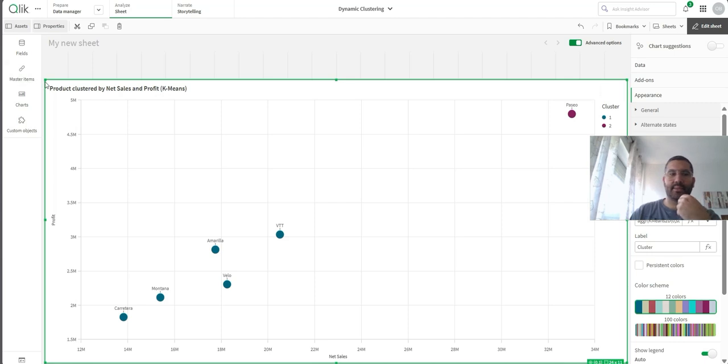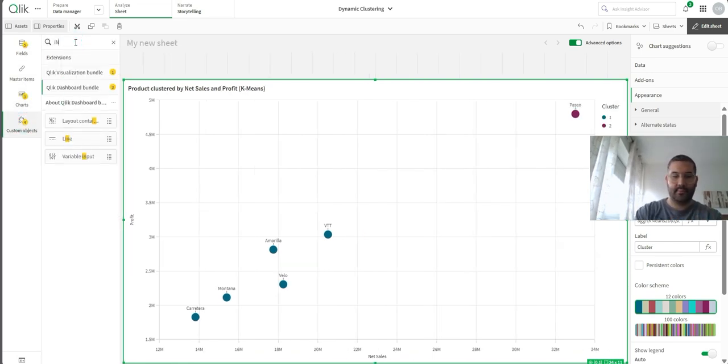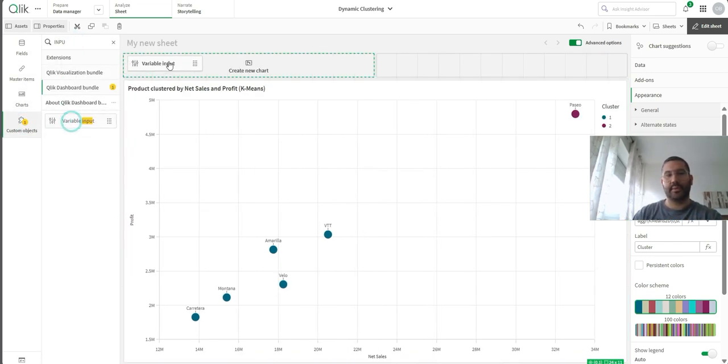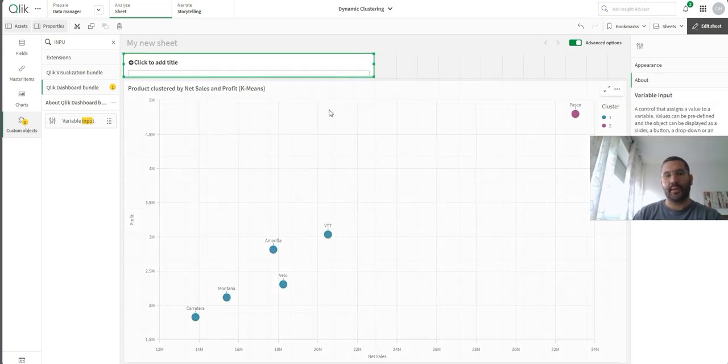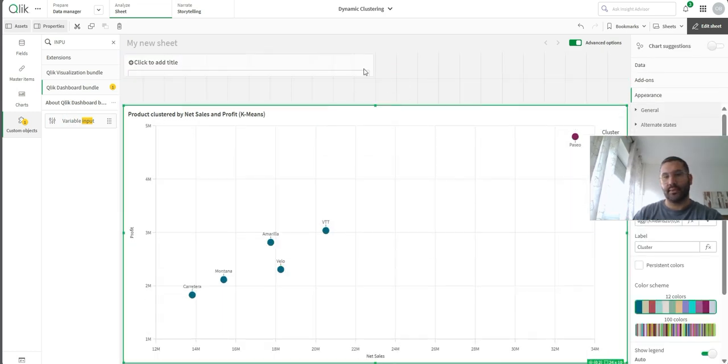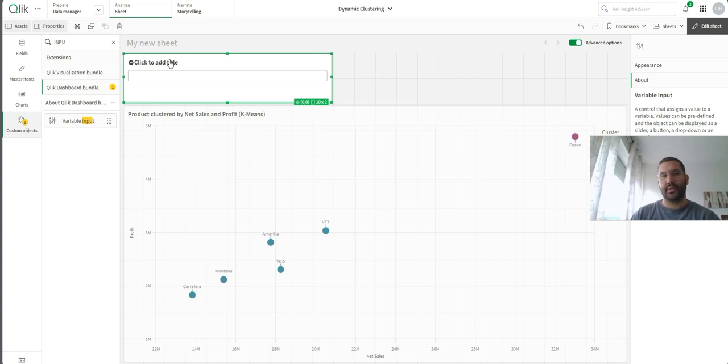Third step is creating a way to select different values and assign different values per variable. And to do that, we have the variable input object we could use to achieve this goal. So the first one, let's add a title, select a dimension,